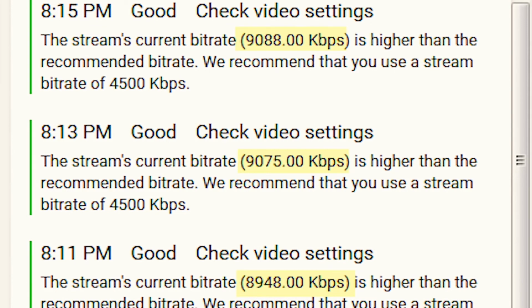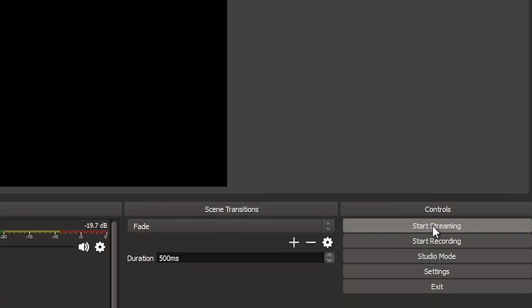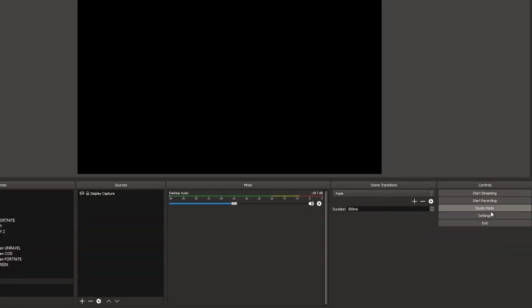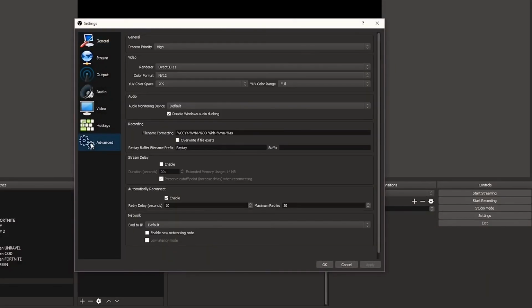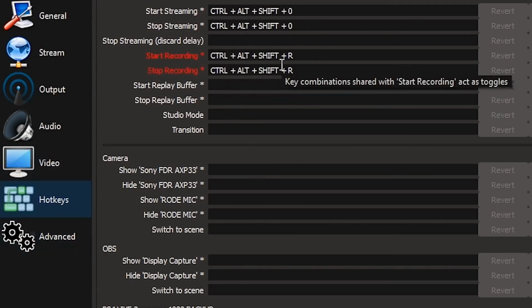So we've done this all. The only thing we have to do is click on the start streaming button. You don't really have to click on that button specifically. You can also go to advanced, to hotkeys, I mean, and you can actually get your own hotkeys. For example, you have OBS on the left side, and you don't want to take the cursor out of your game with the mouse to click it. You just go, I've got it on